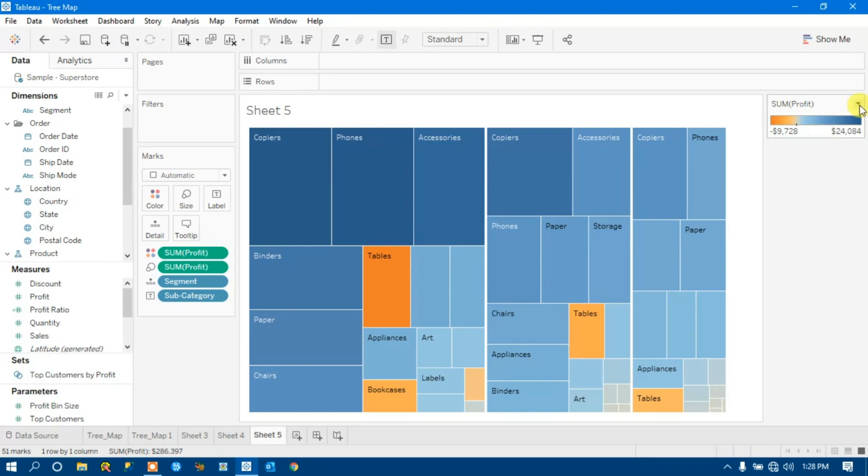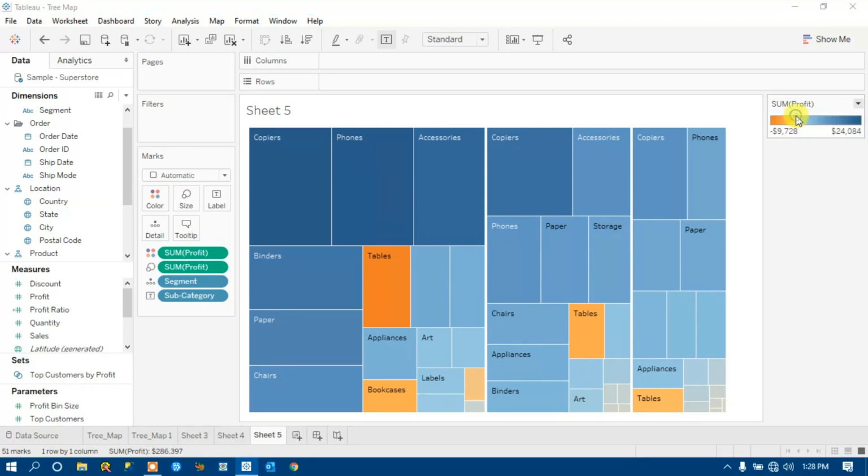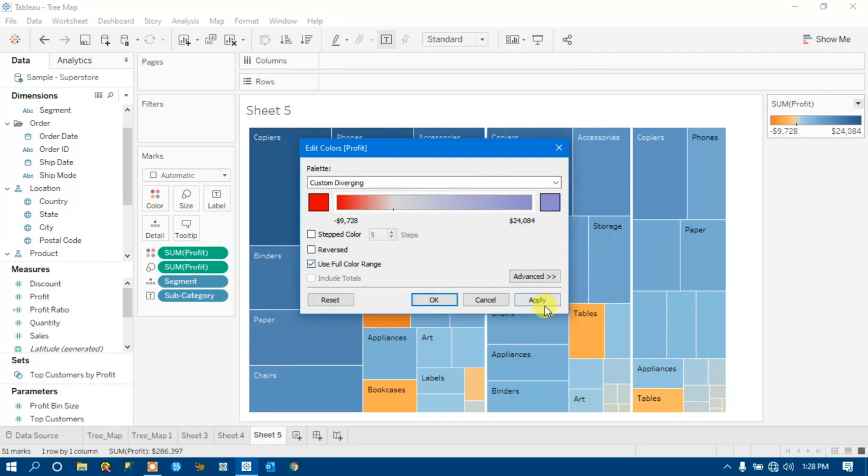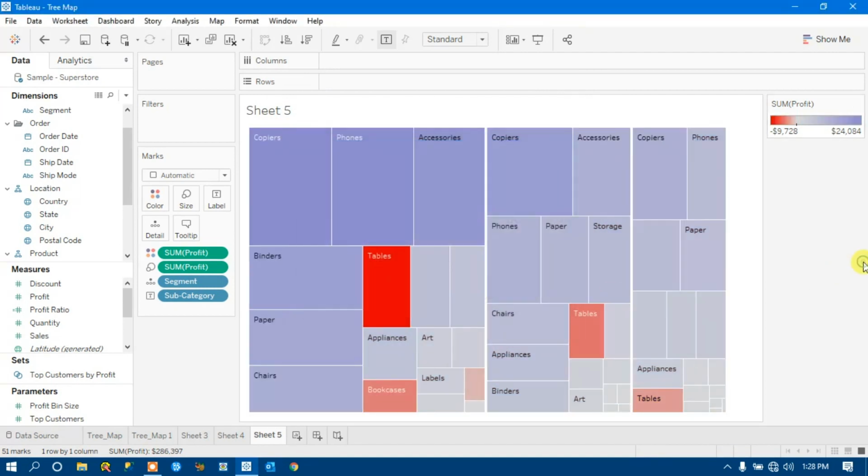If you want to change the color palette, just click on this drop down, go to edit color, let me change this to red, make it a little bit dark, and click on this color. Let me take this color, right? I will go with use full color range, apply, then okay, right? You will get a similar kind of view that I have shown you earlier.